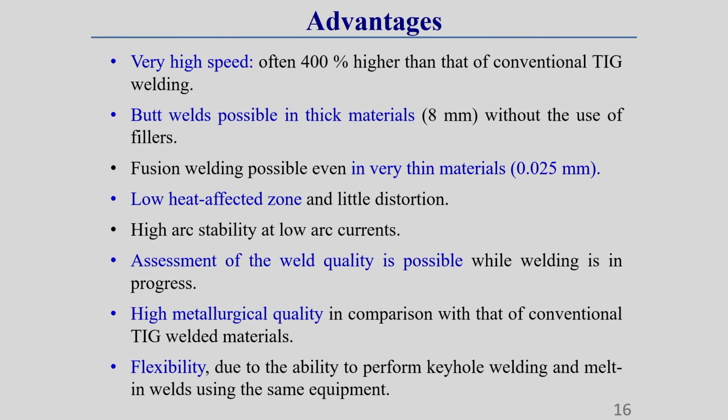Now, we will discuss the advantages of this welding process. It has a very high welding speed compared to the TIG welding process, 4 times more than TIG welding. This welding is generally possible on different thicknesses of material without the use of filler material. In the plasma arc welding process, we can also use a separate filler wire. Separate filler wire, what does it mean? Let this be your electrode and this be the workpiece, and in between the arc is generated. This electrode is generally non-consumable.